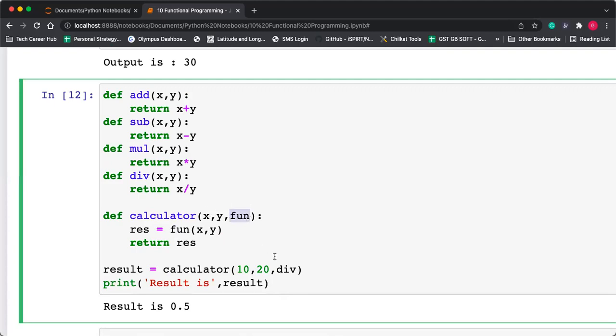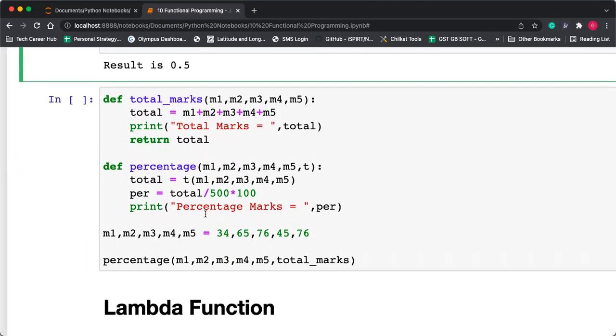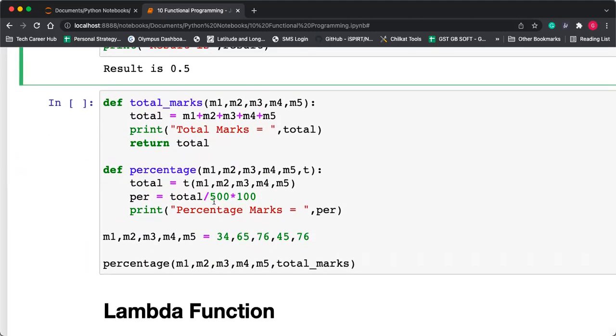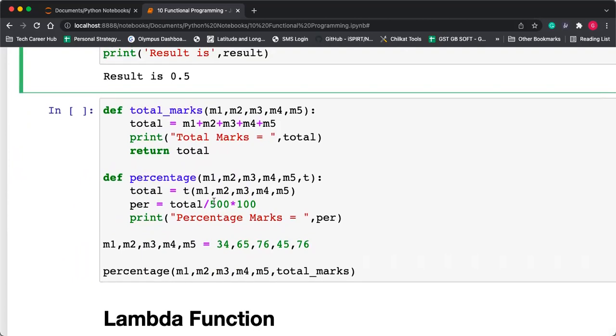So div will be called if you are passing div, add will be called if you are passing add, sub will be called if you are passing sub, mul will be called if you are passing mul. Type yes in the chat box if you understand this. Yes, got it.